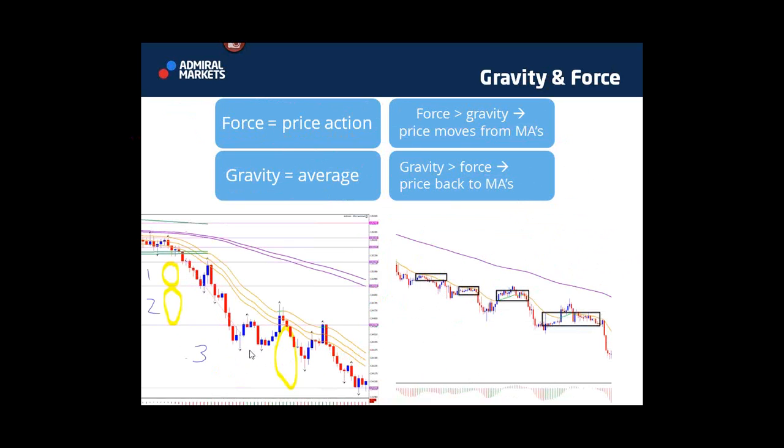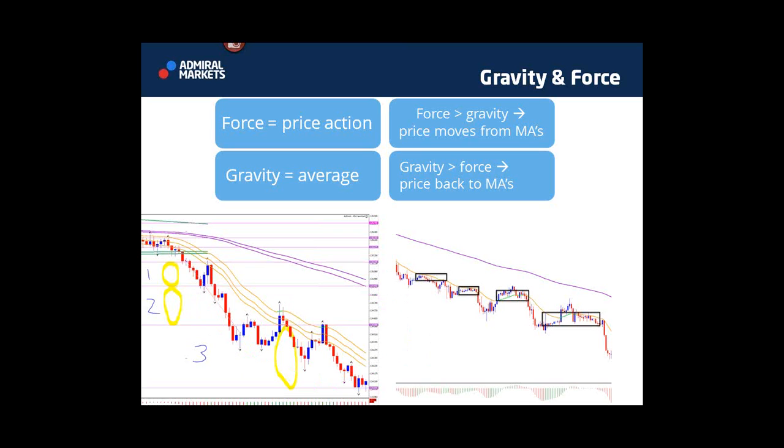Eventually, though, on lower time frames, we're going to have divergence and price is going to make a bit of retracement. But because on this time frame there's no retracement yet, it's just a pullback for more downside until we have divergence on this time frame, when we'll see a bigger retracement up to the 144. So understanding when force and gravity is winning is definitely very important, also to look at divergence, because if there is divergence, that means there's a better chance for gravity to win. If there's no divergence, that means there's a better chance for force to win.